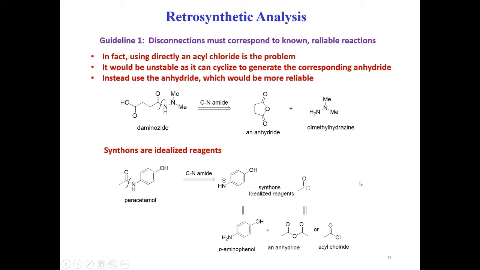If you use acid chloride in the synthesis of paracetamol, you will get the acid HCl in the reaction. When you use acetic anhydride, you will get acetic acid, and handling acetic acid is better than handling the acid generated in the other reaction. So commercially, paracetamol is made from para-aminophenol and acetic anhydride.